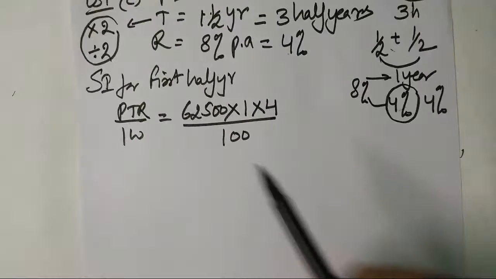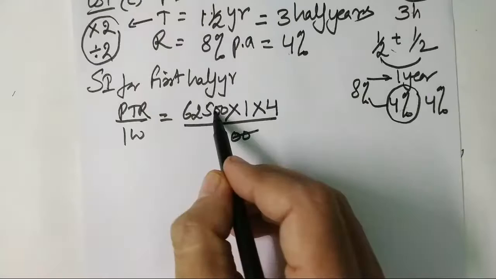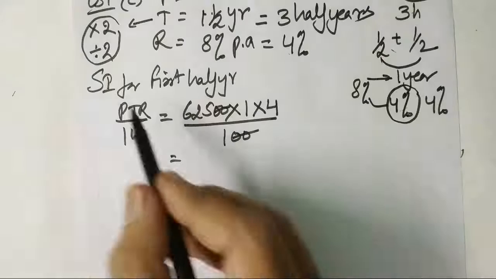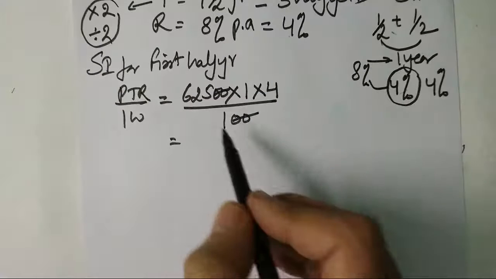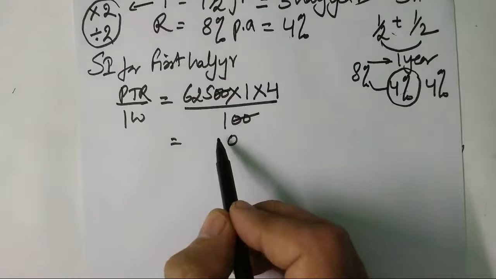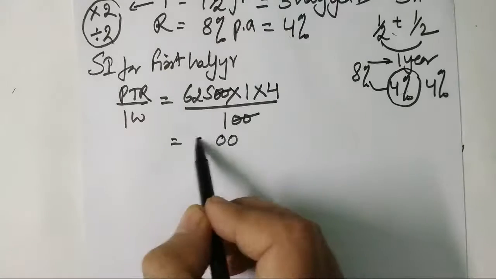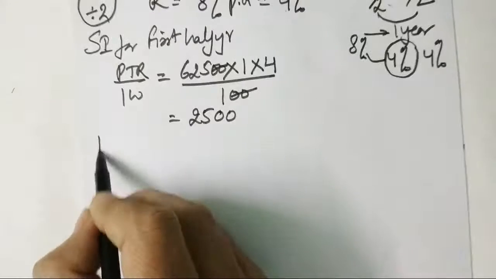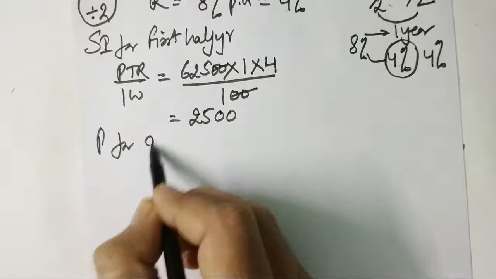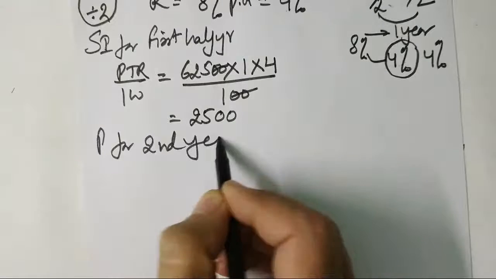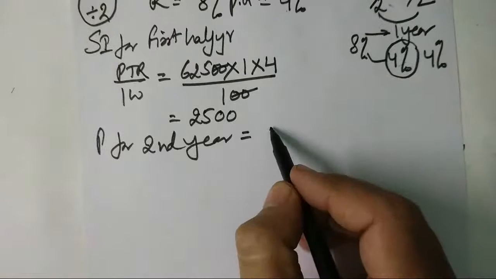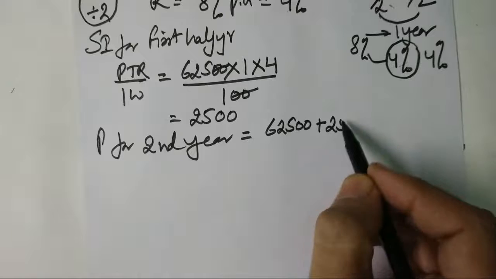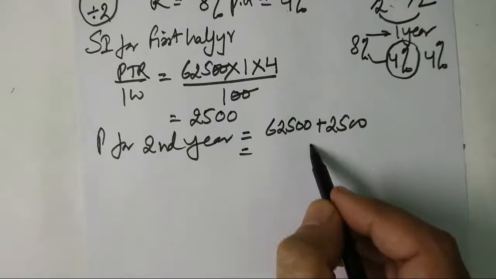Now the calculation will be simple. You have to use this method and you will get the answer. You will calculate simple interest for the first half year on 6250. 2500 is the interest for the first year. Then you will find principal for the second year. For the second year, principal will become 62500 plus 2500, which will become